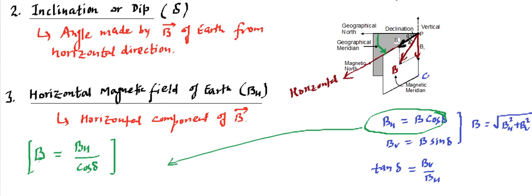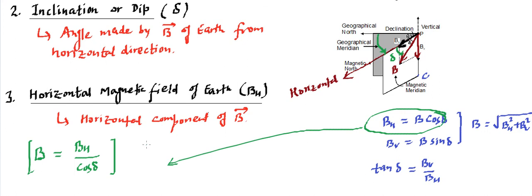We can also find its direction. See the direction from the figure: go by the theta angle from the geographical meridian, then reach this horizontal direction, then bend again by the del angle, and you will get the direction of the magnetic field. So this is how we can get the direction of the magnetic field. This gives us the magnetic field magnitude if we know all three elements of Earth's magnetic field. So this is the basics of Earth's magnetism, and this is a part of the syllabus, the theoretical aspect.